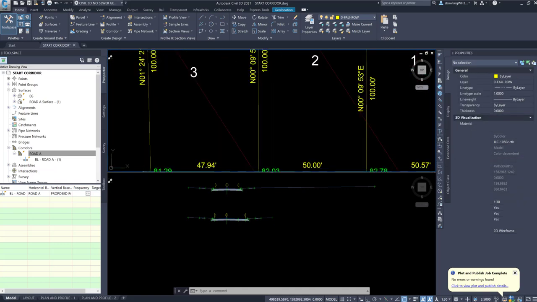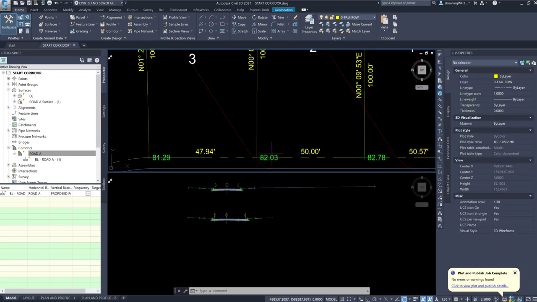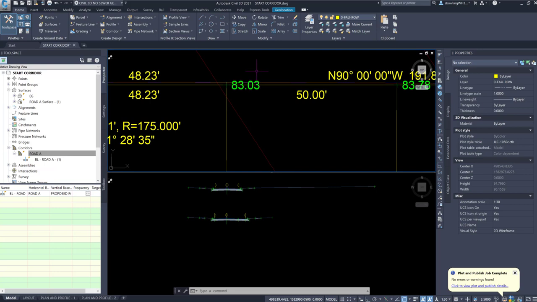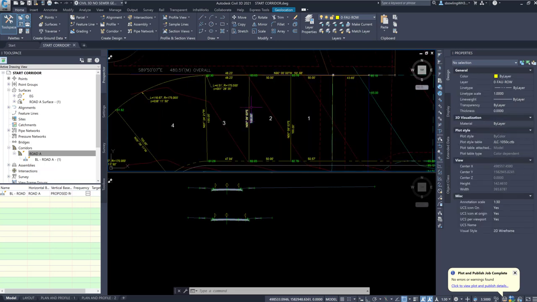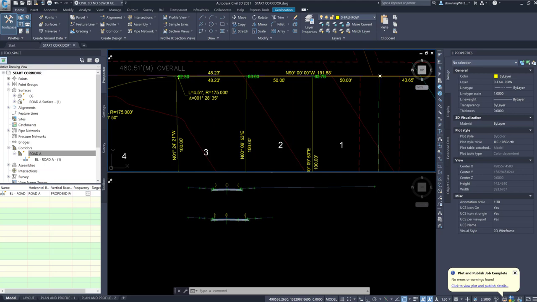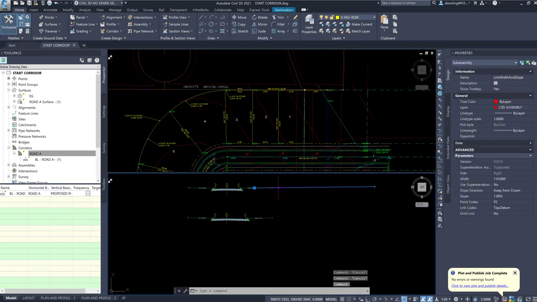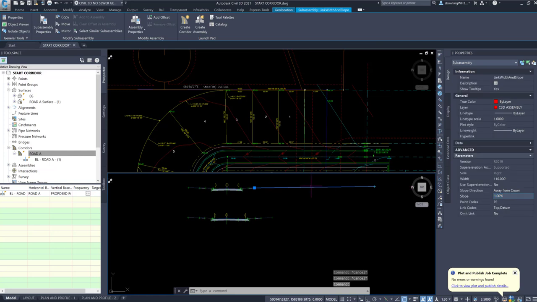Okay, now if I looked at this one, I have 82.03 and I have 83.03. So 100 feet at 1% is only 1 foot. If I came back down here and I changed my mind and I said I need 2%, so I just clicked on the line and it says slope, I changed that to 2%,